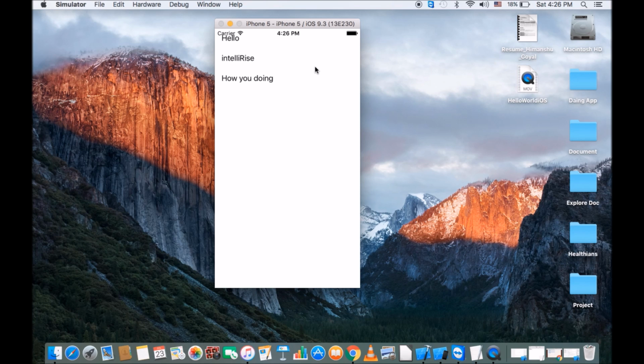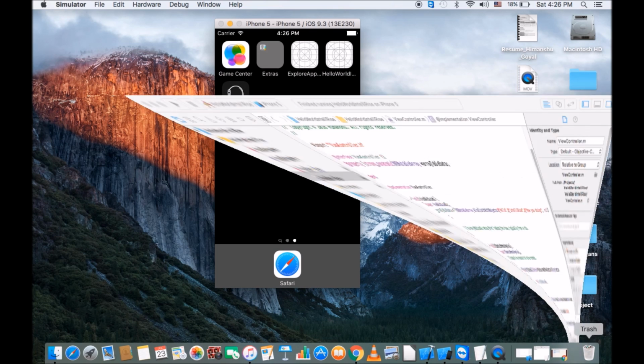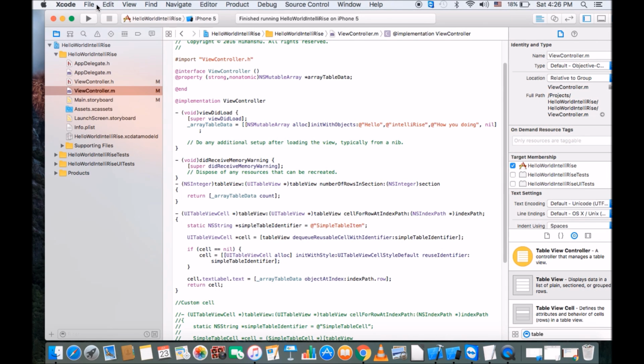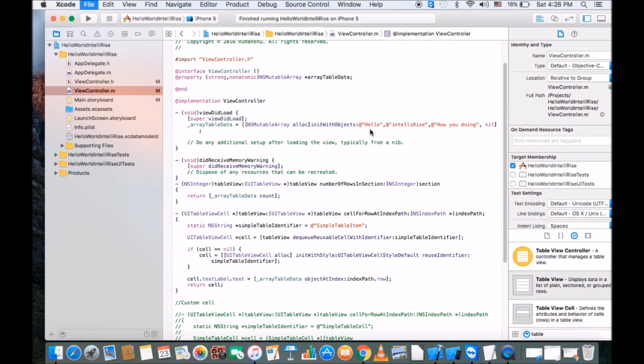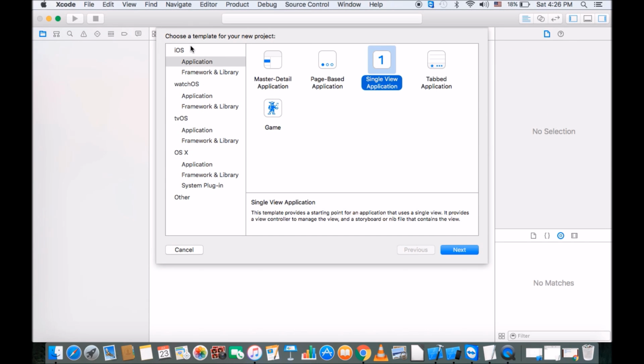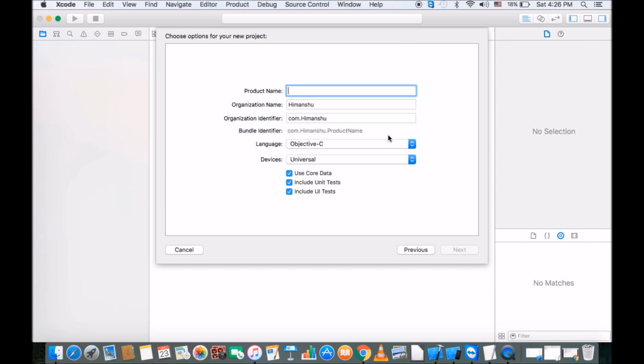So let's get started. We'll follow the same process: we'll go to the File option, go to Project, and create a new project. You have to follow the same instructions in every project you make. We'll select the Single View Application iOS category, click on Next, and type table view